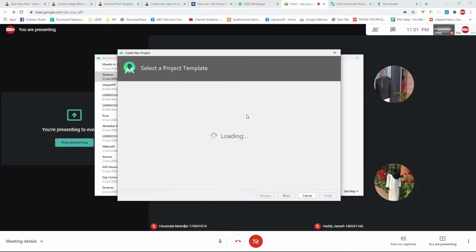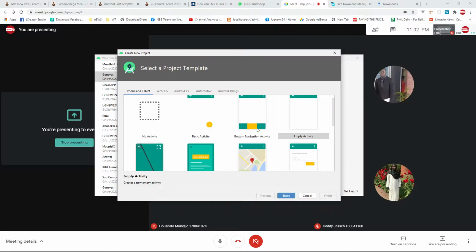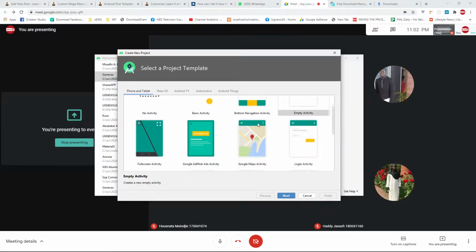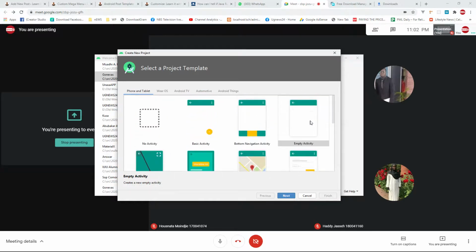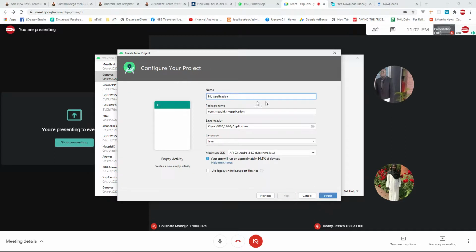When you click on create new project, Android will give you some templates, like basic projects that you may want. I'm going to select empty project, just empty project, and then say next. Once you say next, you have to give this project a name. So I can say my